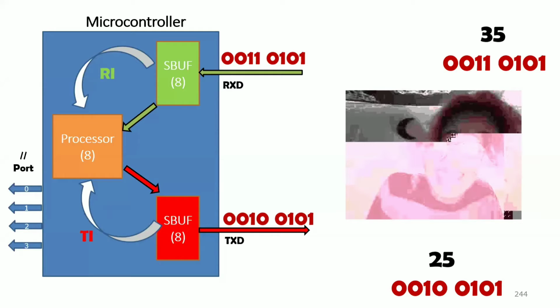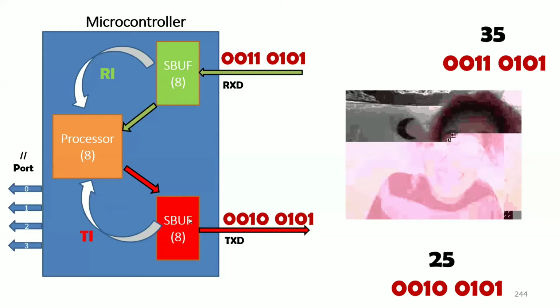Now what is serial communication? We send the data bit by bit. In one clock cycle, I am sending only 1 bit. But the processor or microcontroller is capable of receiving or transmitting 8 bits in one clock cycle. So I am making the processor slow for serial communication. In order to overcome that drawback, the rescue came into the picture: the SBUF, the serial port buffer.